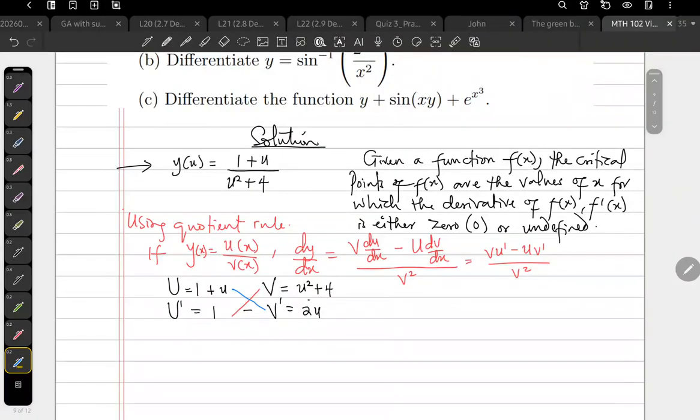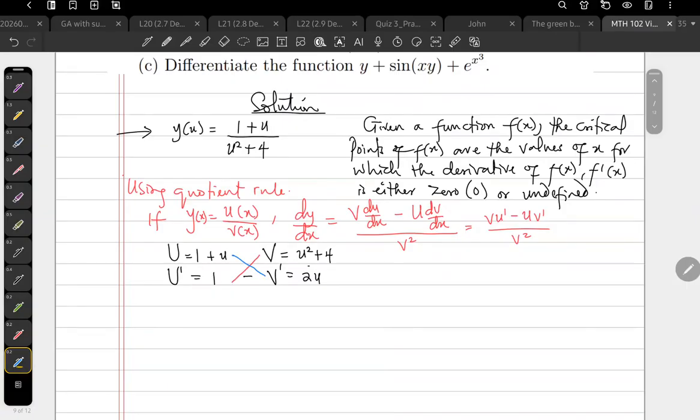So dy du is equal to 1 times u squared plus 4, minus 2u times 1 plus u,